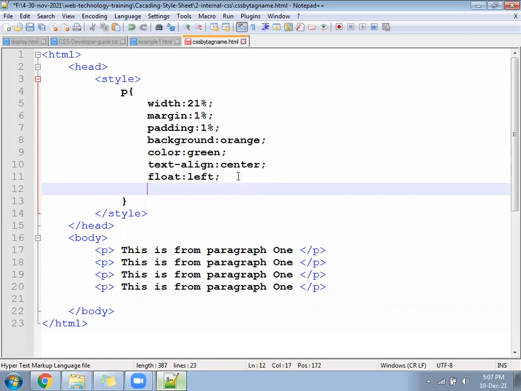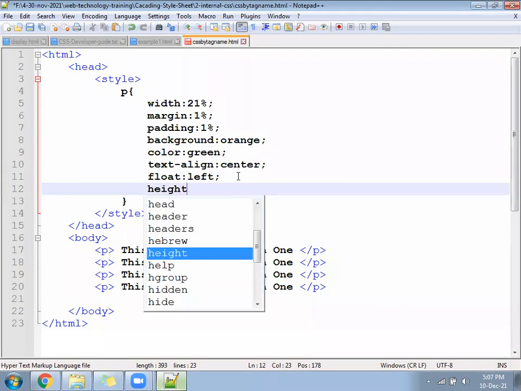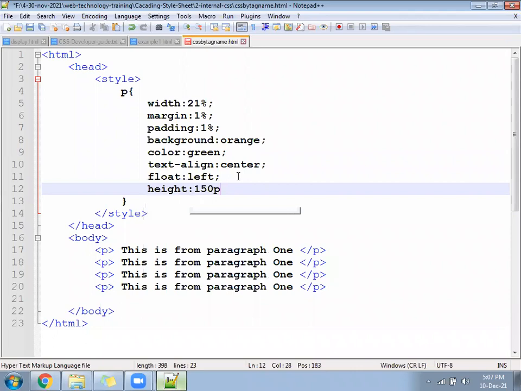Add some height also. 150 nearly. 150 pixel. Clear?